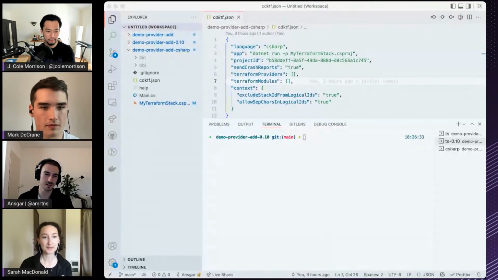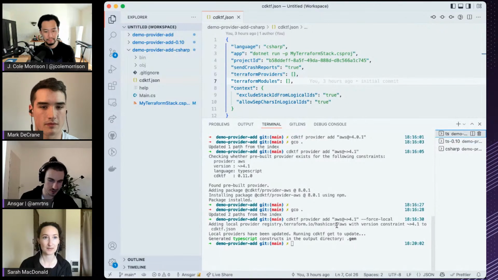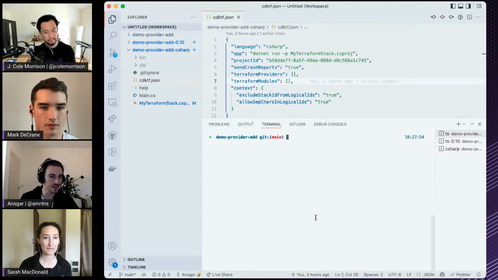This is just a new workflow to add some of that, like you said, Cole, the cognitive lift for you to figure out what you should use. Yeah, it's something I did not show but mentioned briefly: you can type multiple providers. So I could go here and do, okay, this is a new project now, and I want to do CDKTF